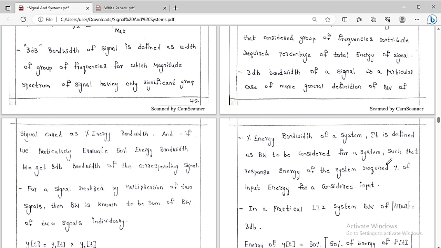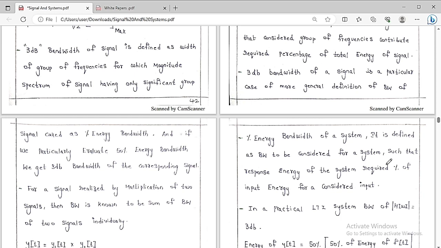See, if you consider all the frequencies in F of omega, we are going to get the overall energy. Suppose you want to evaluate only 50% of the overall energy, then we have to consider only those frequencies which can contribute the 50% of energy. That group of frequencies is nothing but the bandwidth, which is also called